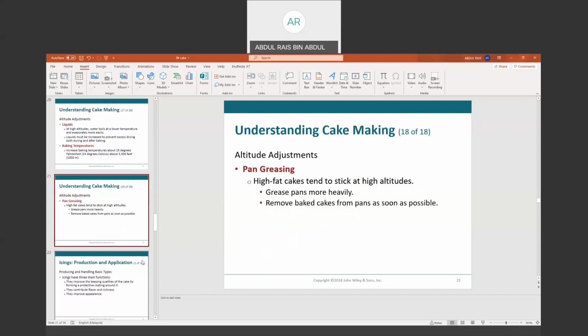And as for pan greasing, for high fat cakes, they tend to stick. They tend to be sticky at high altitudes. Maksudnya maklumlah sebab tanah tinggi itu tinggi dan dia lebih sejuk, so they tend to become sticky lah bila itu sejuk. So